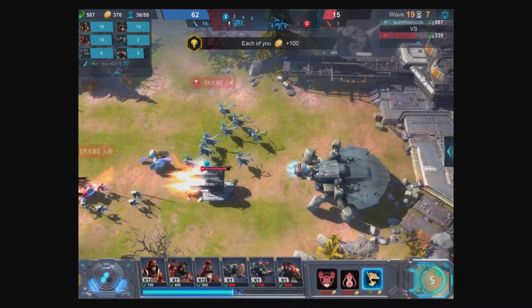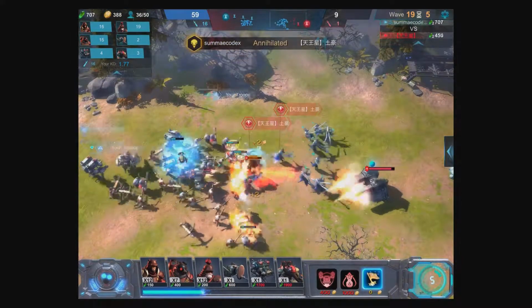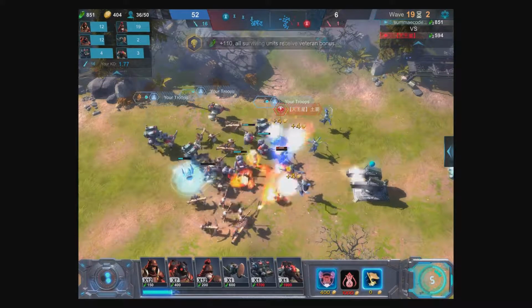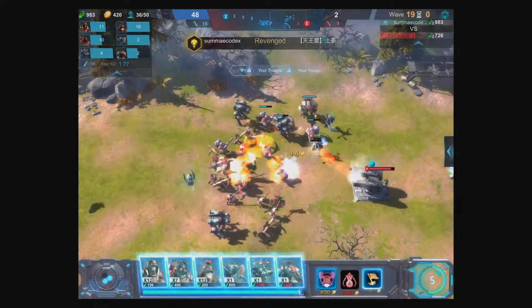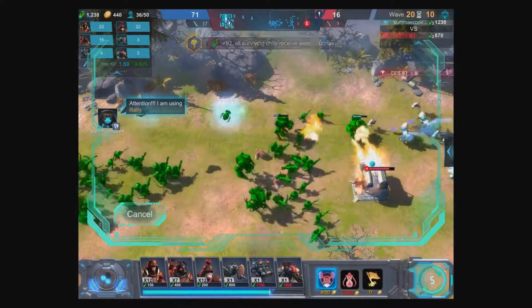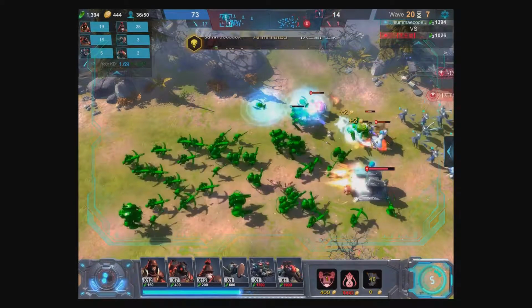So what are they doing? Come on, just go and attack this one. Then if I tap on it, does that help? What does this one do? It says 0 on it. I am using a rally. I don't know what that means. Did I drag it on to there?